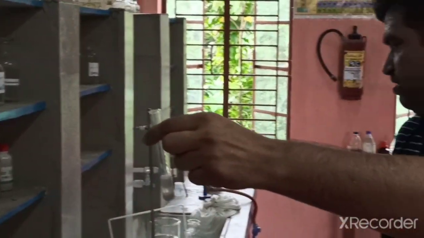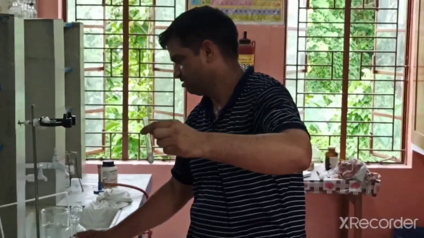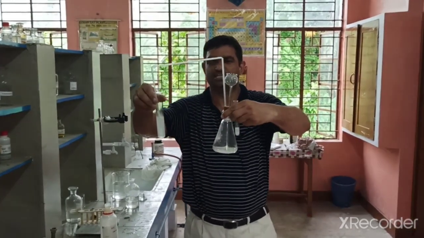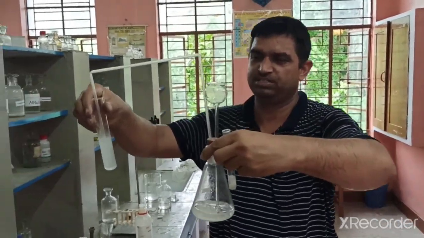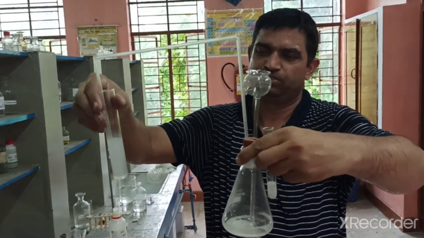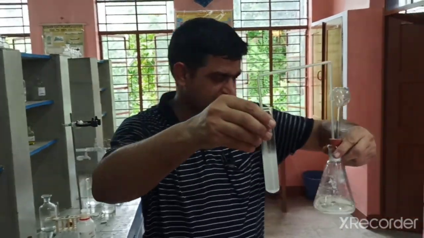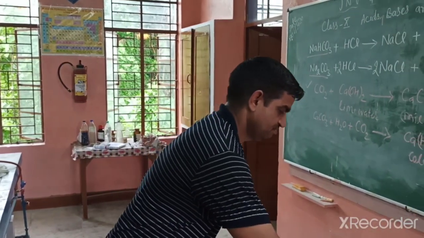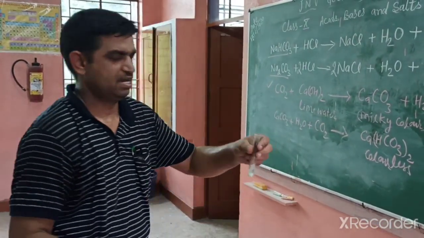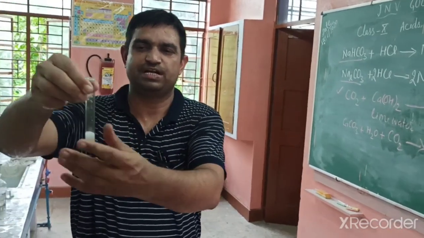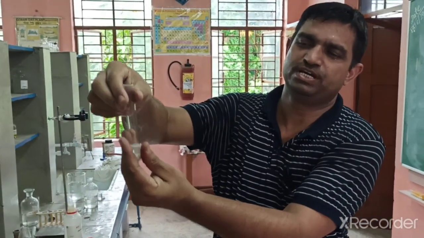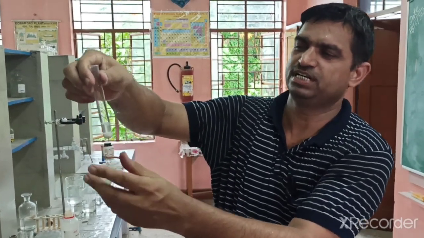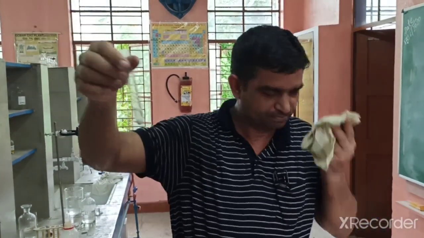This we already confirmed by passing this gas through this chemical. So the released gas is passed through lime water, then the lime water changes into milky color. So this is the characteristic for acids, and acids can easily be identified because lime water changes into milky color. And this solution is slightly hot. When we feel this reaction mixture, it is warm. This indicates it is an exothermic reaction.